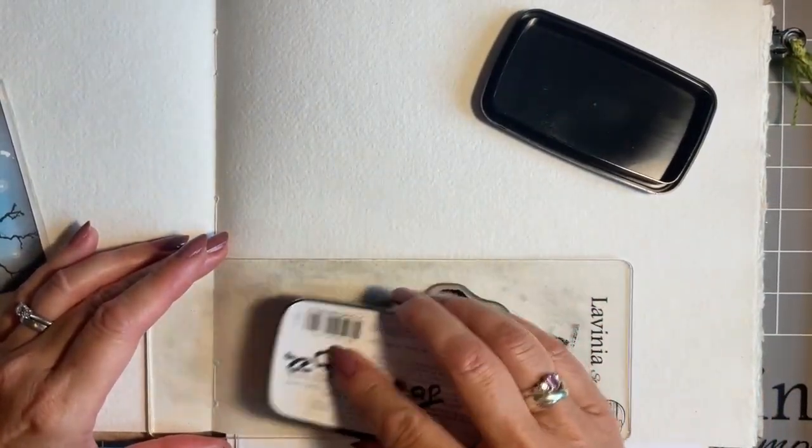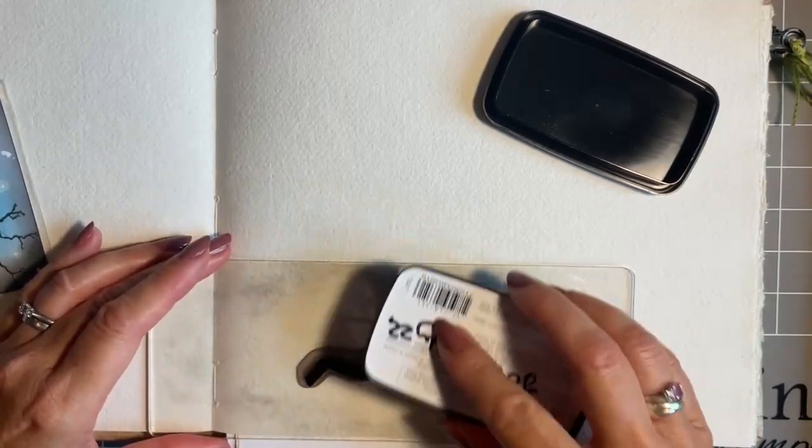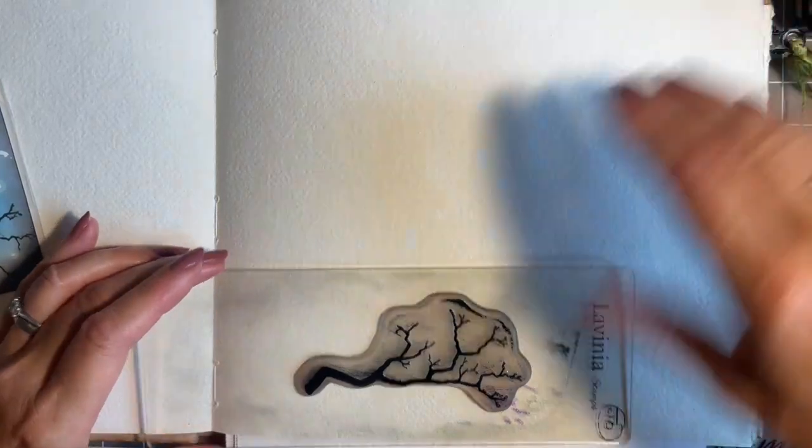And I'm going to use my black VersaFine Clair. So this is my permanent ink. Again, such beautiful detail. But again, I've just caught the edge, so